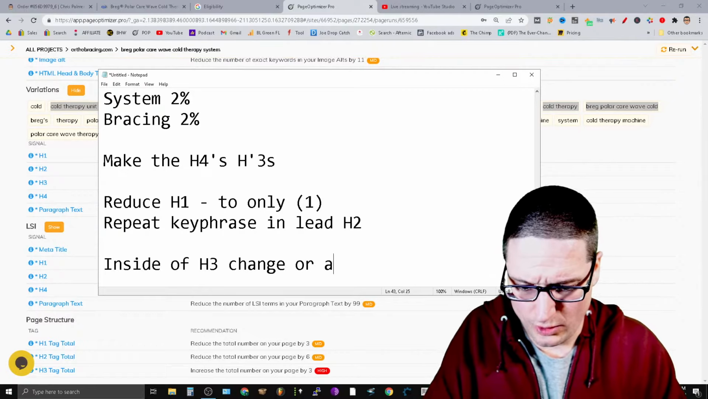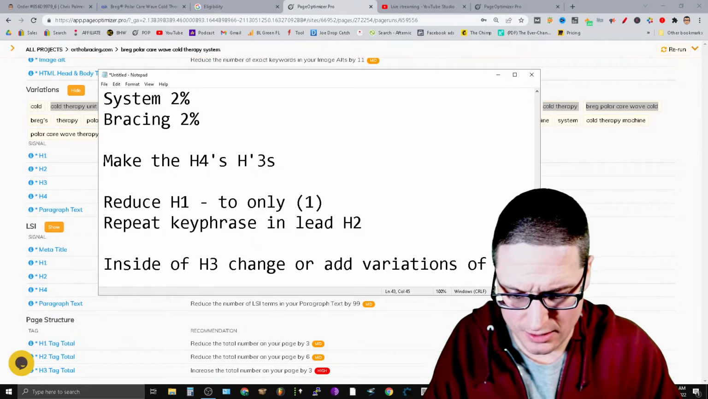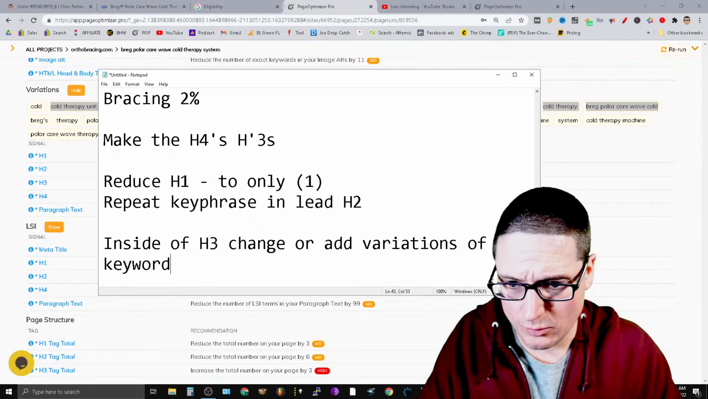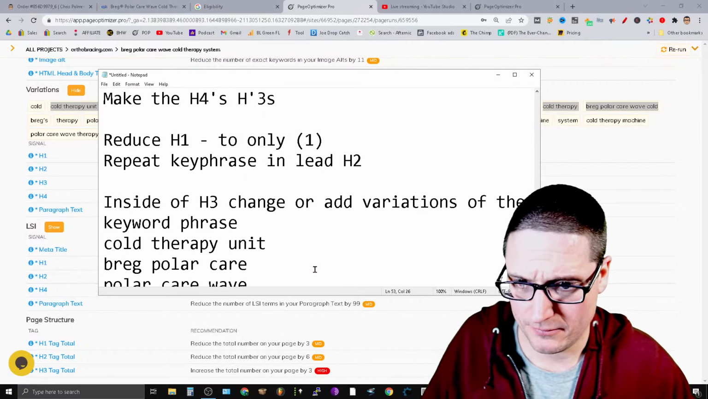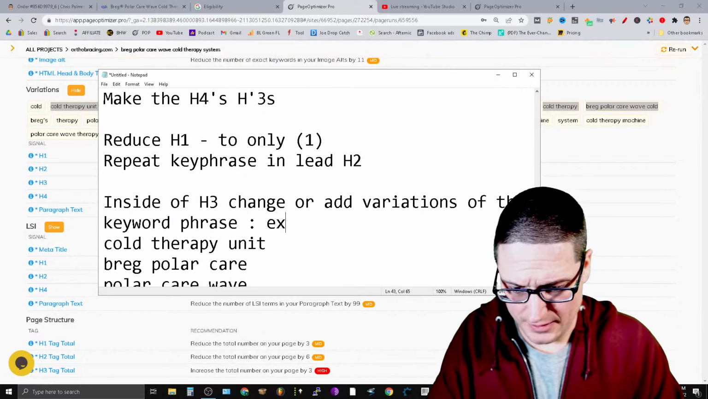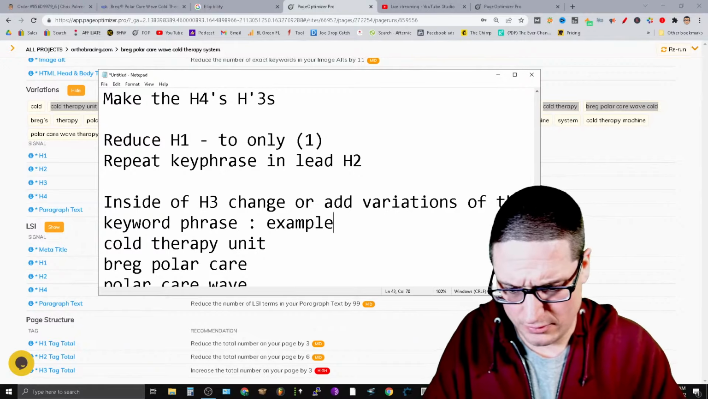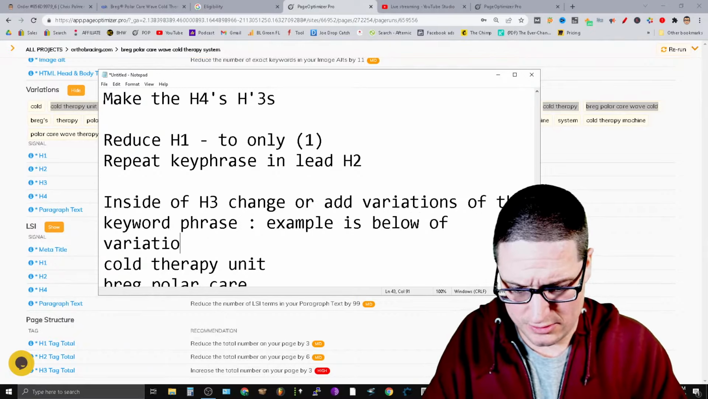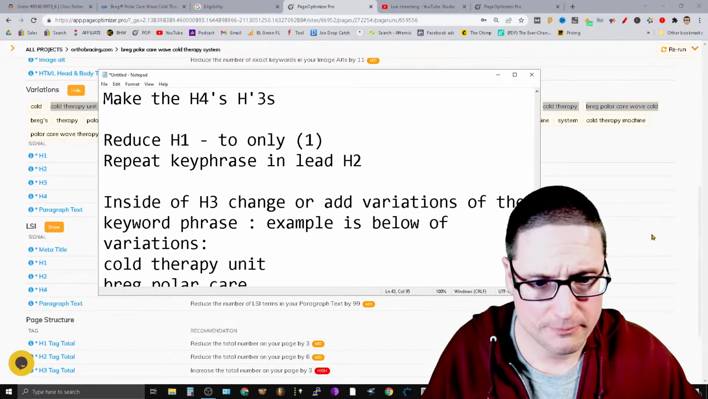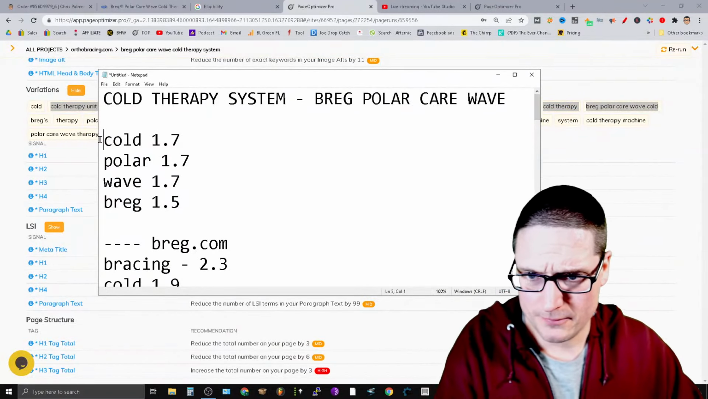change, or add variations of the keyword phrase. And then those variations are this right here. And the example is below of variations. Okay. So this, all right. So